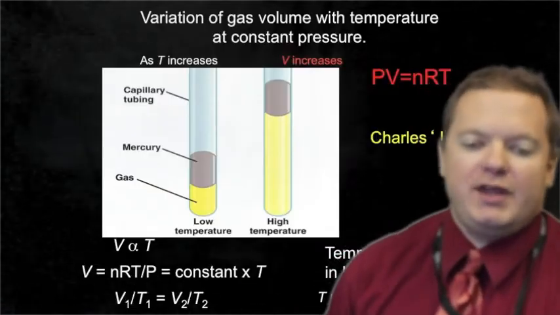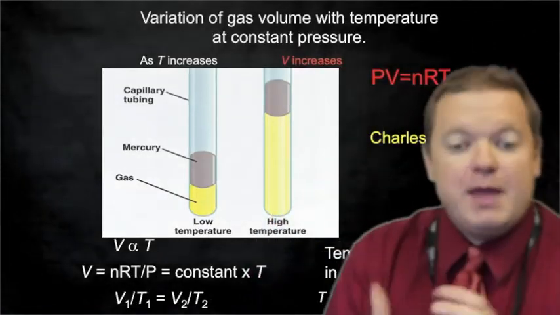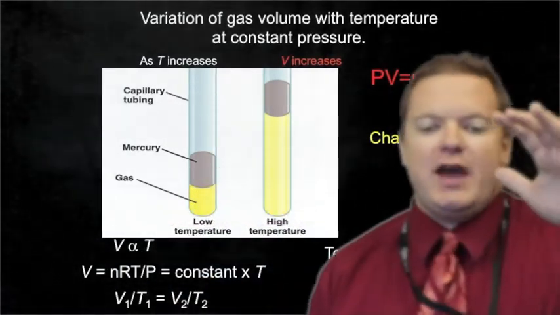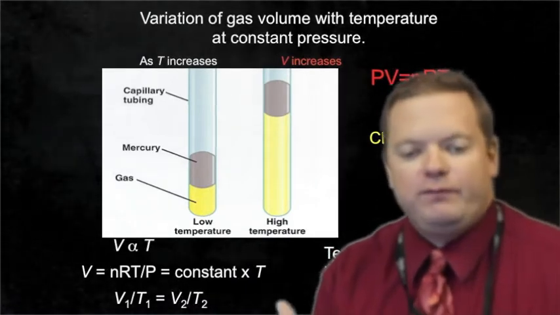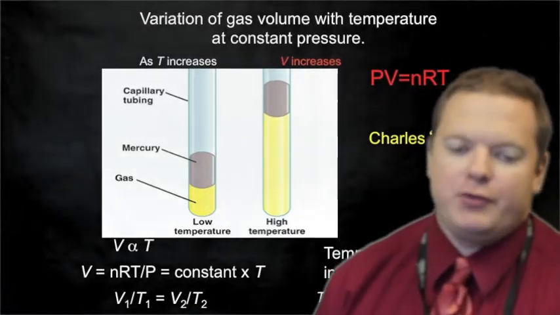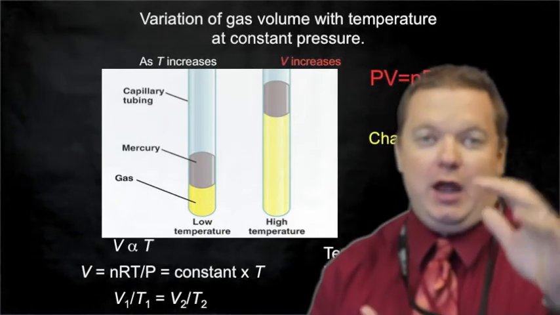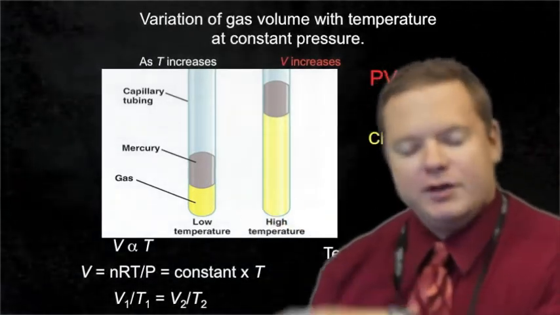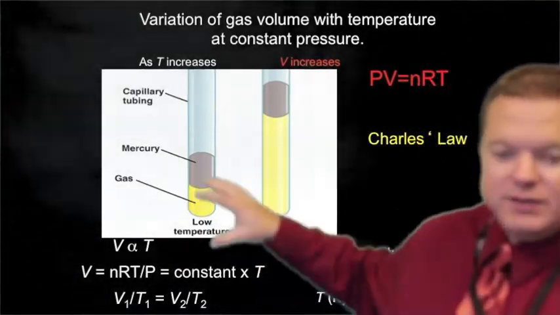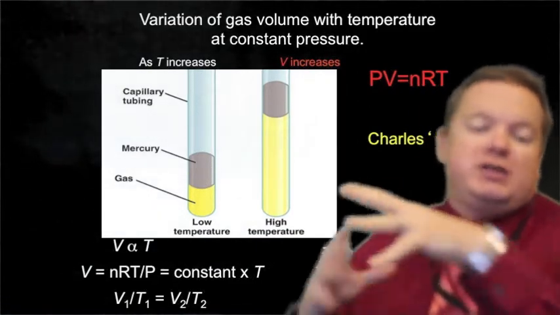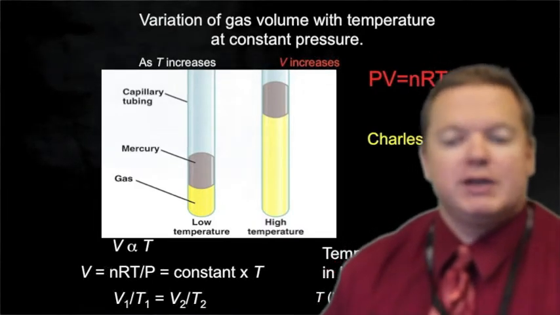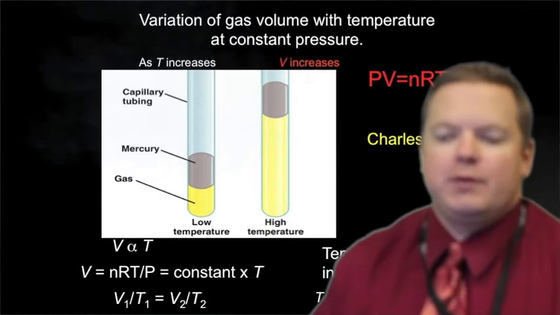We can do the same thing here, where we take the same gas and change the temperature. If we start at low temperature here and increase the temperature, we see that volume increases. So now volume and temperature are directly proportional. Increase one, you increase the other. Following this same logic through, the volume divided by the temperature under one set of conditions is going to be equal to the volume divided by the temperature in the other. So V1 over T1 is equal to V2 over T2. In both cases, if we have the volume and the temperature in one set of conditions, we can solve for either the volume or the temperature in the second set of conditions. But remember, these temperatures must be in Kelvin. So all of these times we're going to use the temperature in Kelvin.